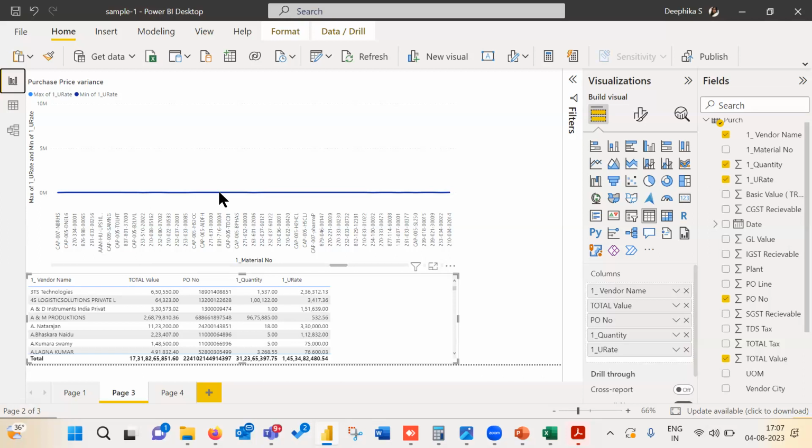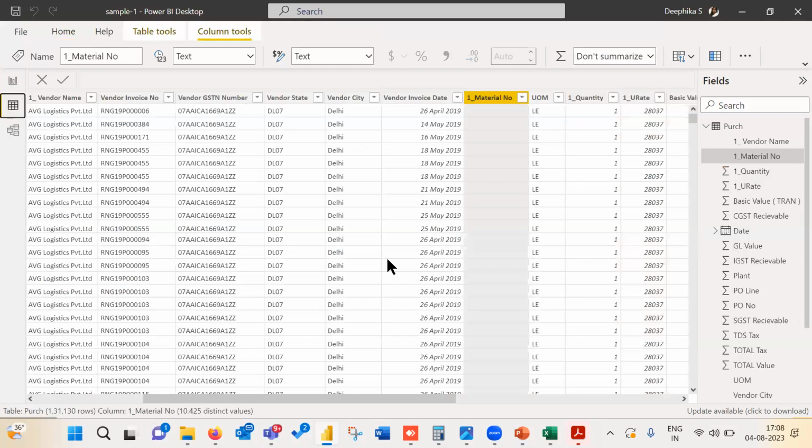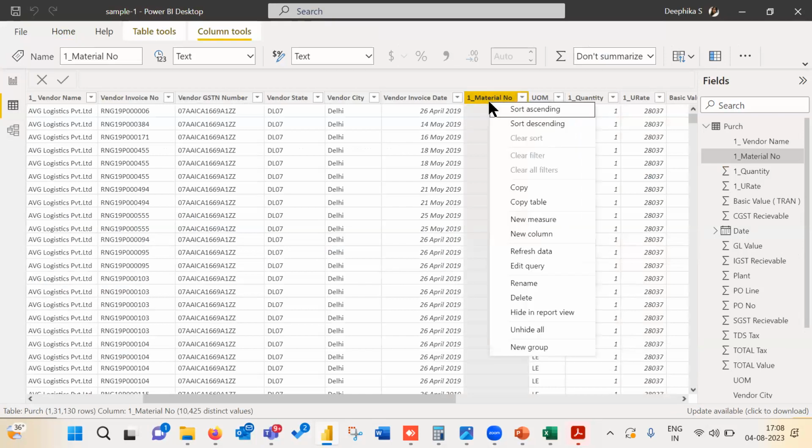So now let's say you want to further categorize this into smaller groups of material codes. What you need to do is go to the data view, right click, and there's something called new group.